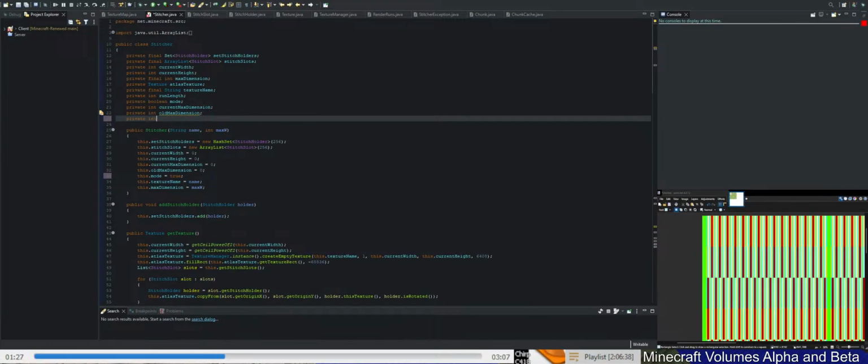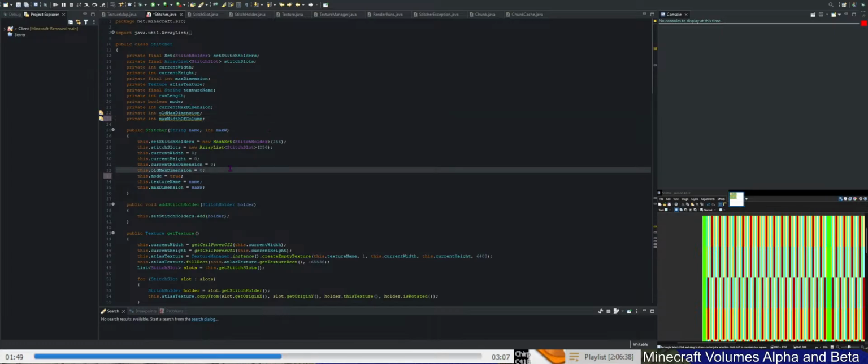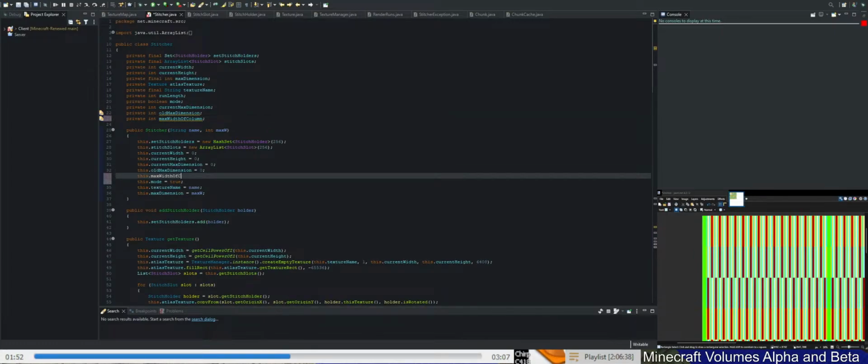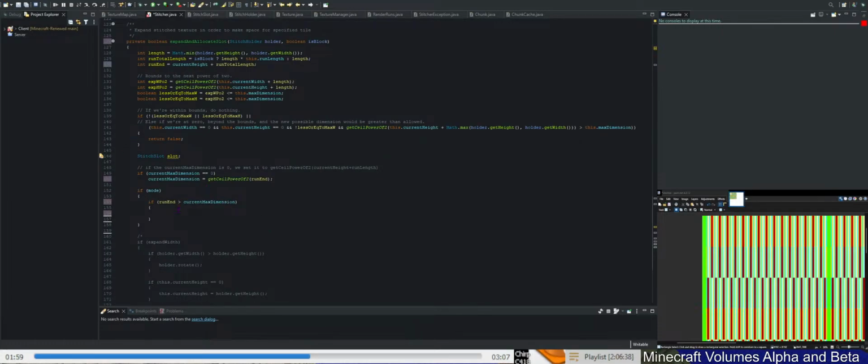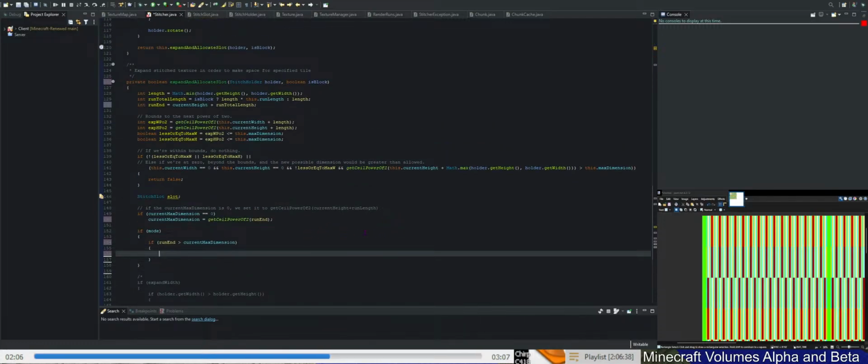We also need the... so we need the... okay, so